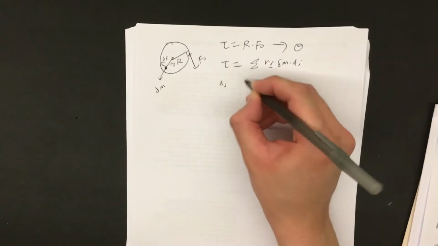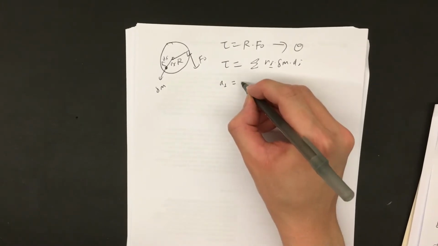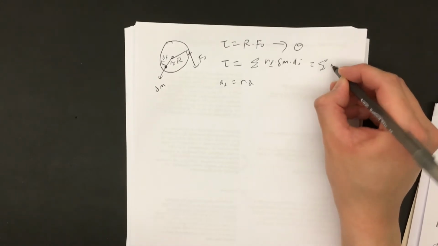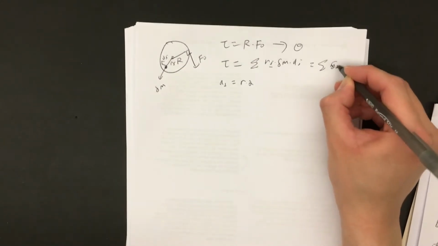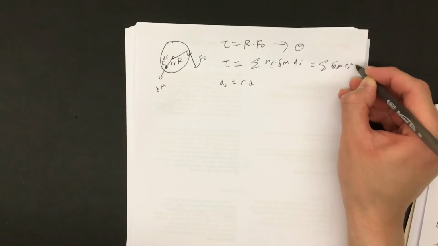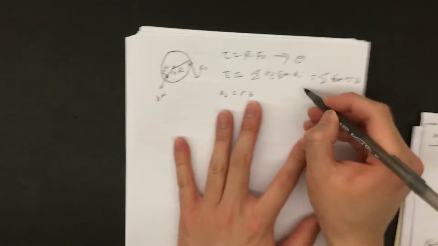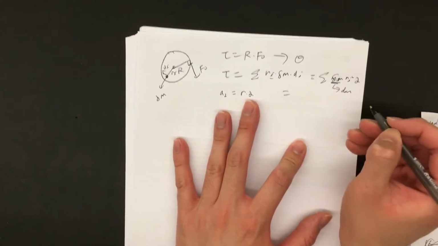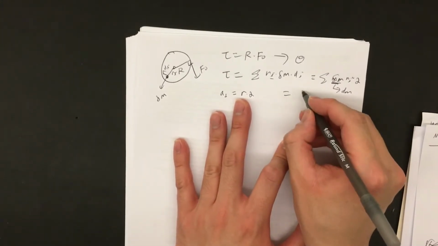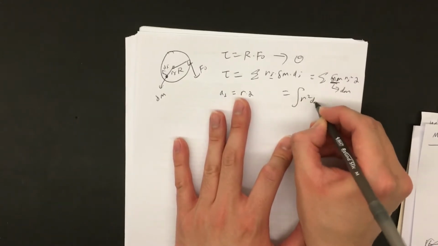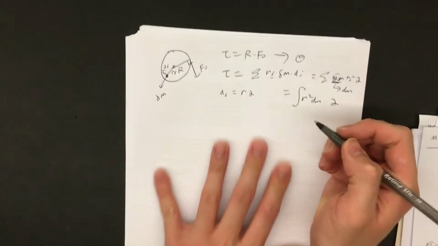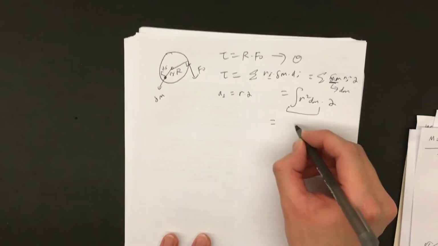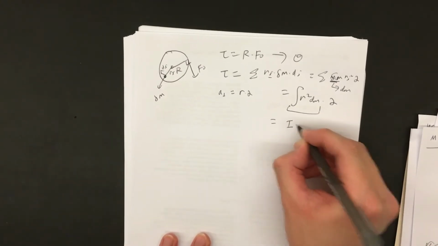Now, since the perpendicular acceleration is equal to r times alpha, in this case this equals the sum of mi, or delta m, times ri squared times alpha. And using calculus, by replacing delta m with infinitesimal mass dm, this is going to be equal to the integral of r squared dm times alpha. And this quantity, the integral of r squared dm, is going to be called the moment of inertia I